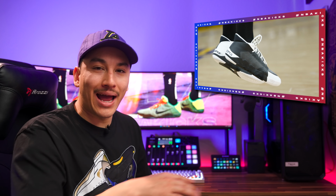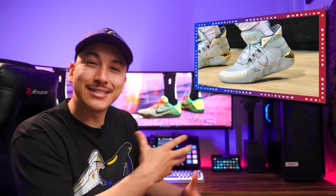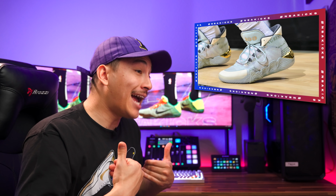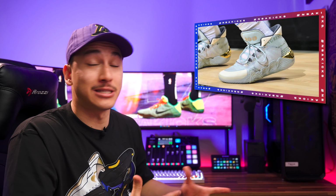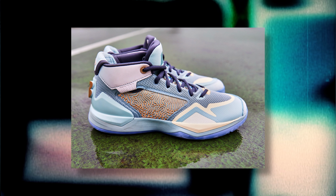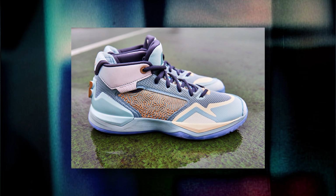Next up at number 6, we have Darius Bazley with the G.O.A.T 2. Now last week, Kawhi Leonard debuted his second signature model with New Balance, but this week we have his shoe brand teammate Darius Bazley rocking the new money colorway, which I think is a huge step up from its predecessor. The first new money colorway on the original Kawhi had a lot of weird shades of blue on it for some reason,